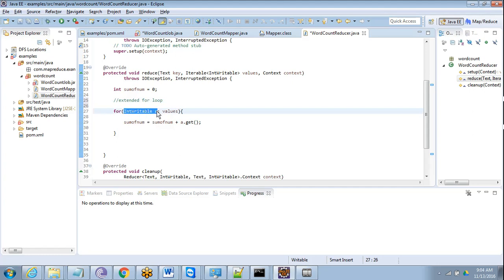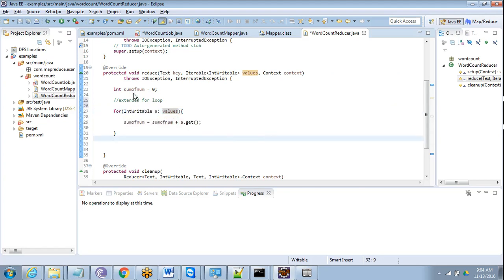Since the values contain all the IntWritable values, we need that type of variable to iterate over that list of values, right? Now sumOfNumber is int, and this is also int, so 0 plus